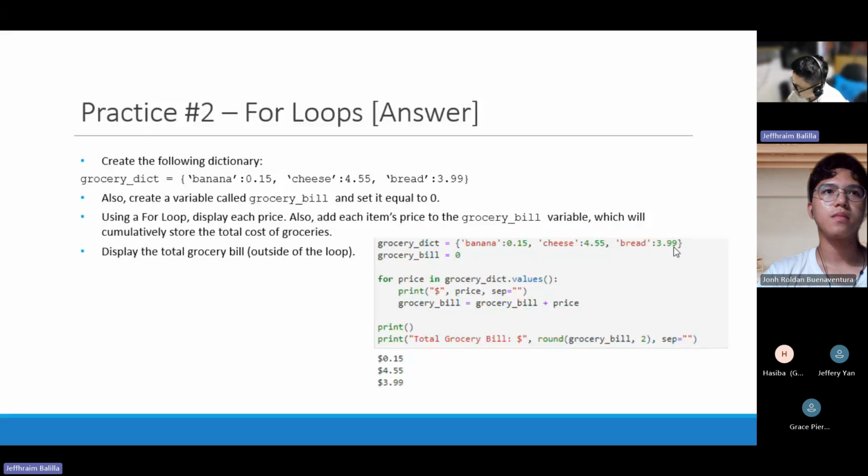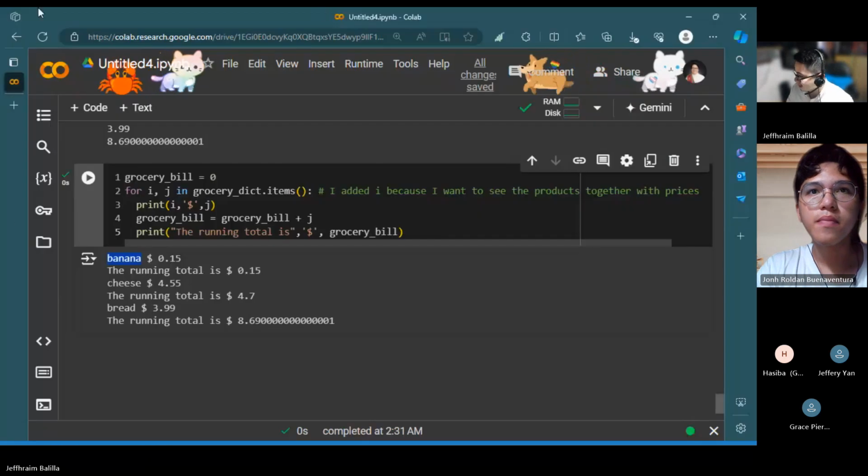And lastly, we do the same process for 3.99, update it with the current value, which is now 4.7. So 3.99 plus 4.7. So now we have the last item in our loop. We will now proceed to the print. Now to the print, I think this one is not yet complete. Let's see. My bad. I think this output is not updated, right, John? I think it lacks something. Let me see.